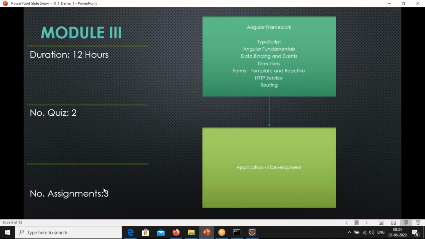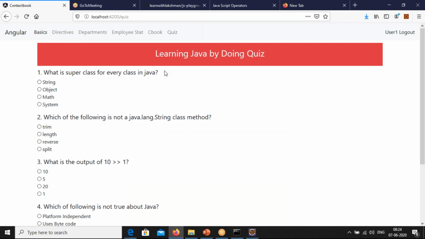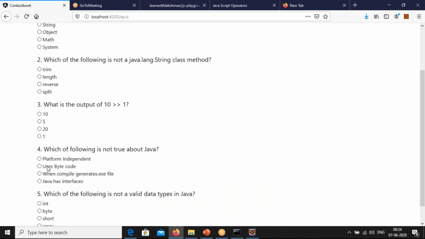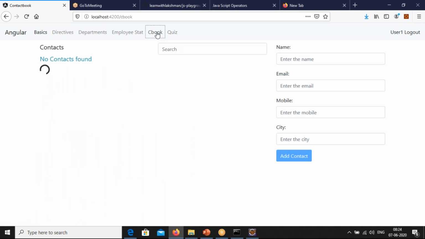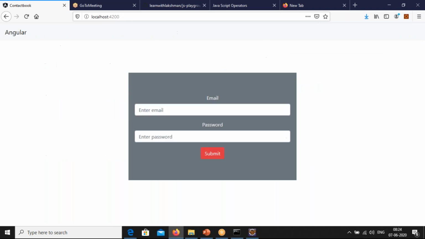So these are the things I'll make you develop in that application. During the classroom, those are all our running examples. These are not pre-built examples, just running examples. I'll be coding that, showing the demo, and asking for enhancements, like what enhancements you can do. This is what you'll be creating here. These are all the classroom examples. Everything will be made available to you in a GitHub repository.